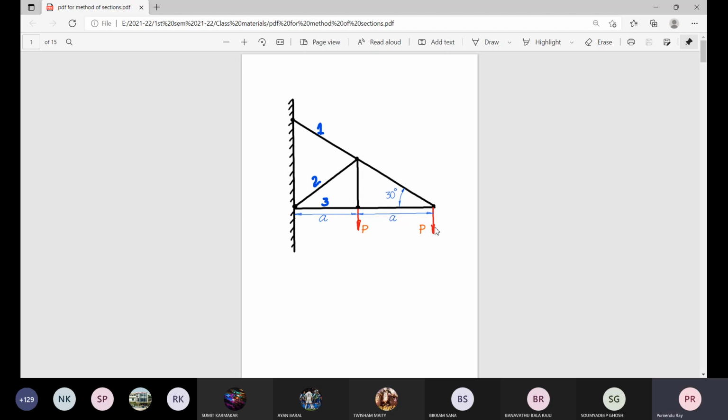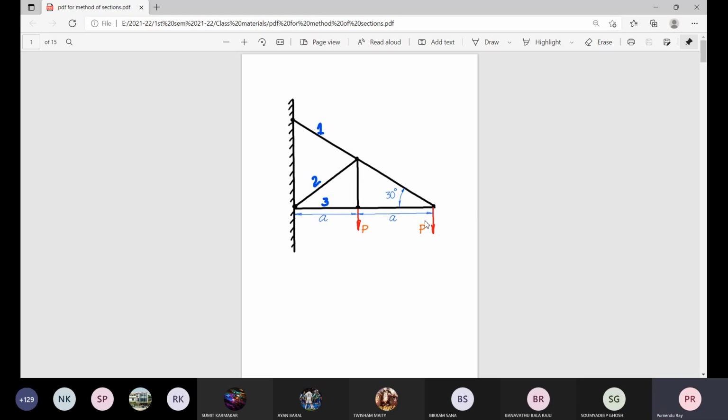Now, at these two joints, two forces are there. Any magnitude they could be, but this notation is used: capital P, vertical downward, right? Now, if I ask you to solve for all the members, then what do you need to do? The conventional way, the determination of the reactions, we are not applying that. We don't require it. Instead of that, what do you do?